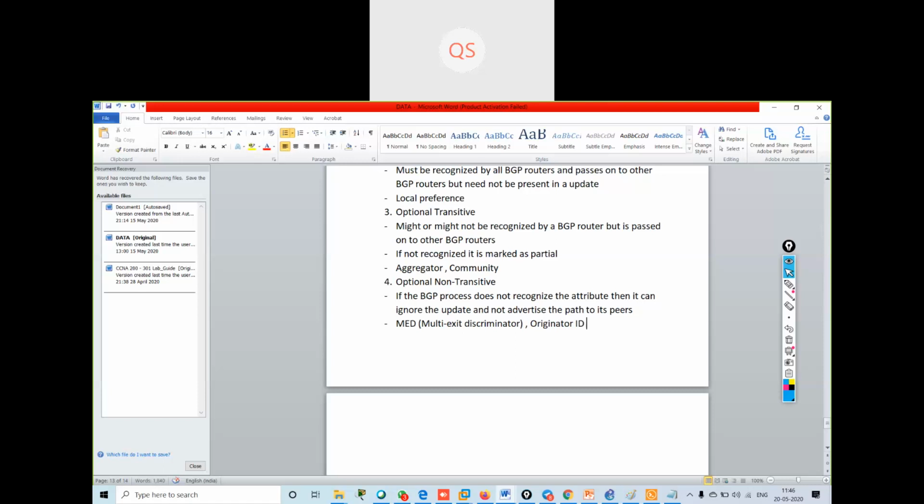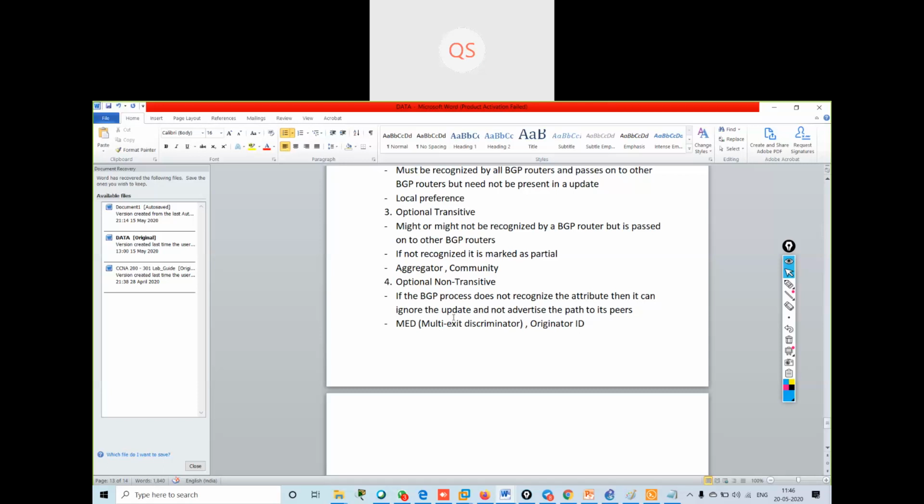So my 10 dot network will only get advertised to my directly connected routers, and the directly connected router will not advertise the same network to any other peers if I am using this MED, multi-exit discriminator.